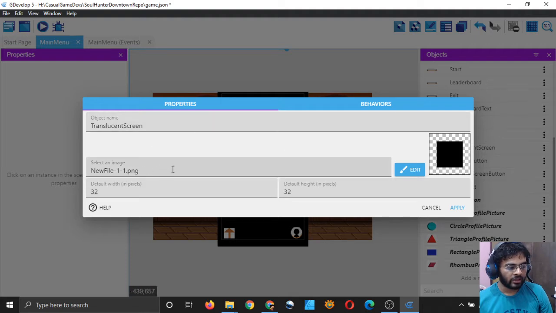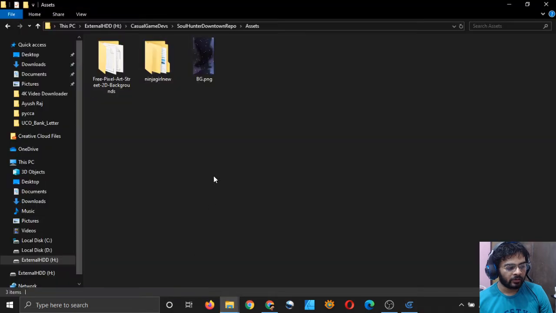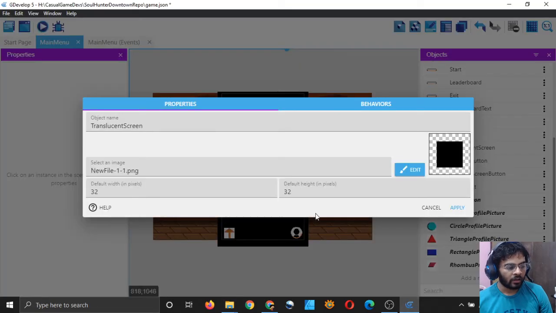So I want to change the image, and the dimensions I will change too. I will check the dimension of my new image, which is 1080 by 1920, and I will change it here. Wait, first I will choose the new image.